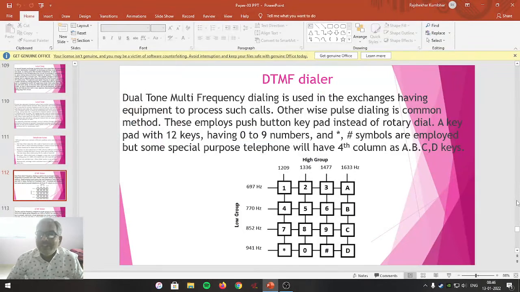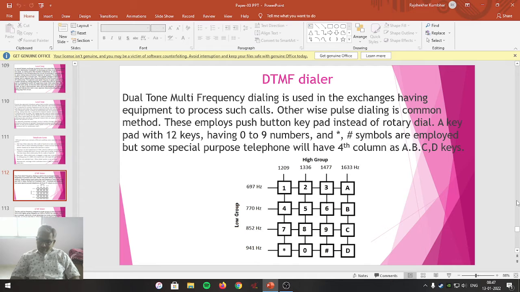In last week we studied the different tones which are used for telephone communication, where we have studied the dial tone, ringtone, number busy tone, number not available tone.